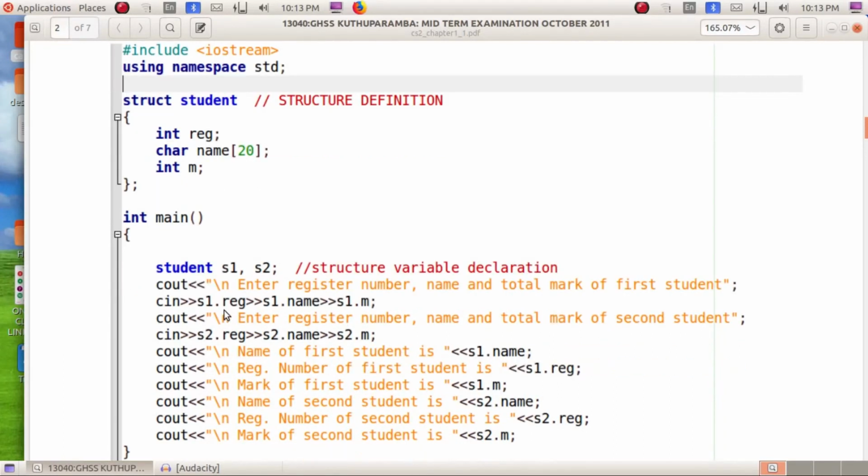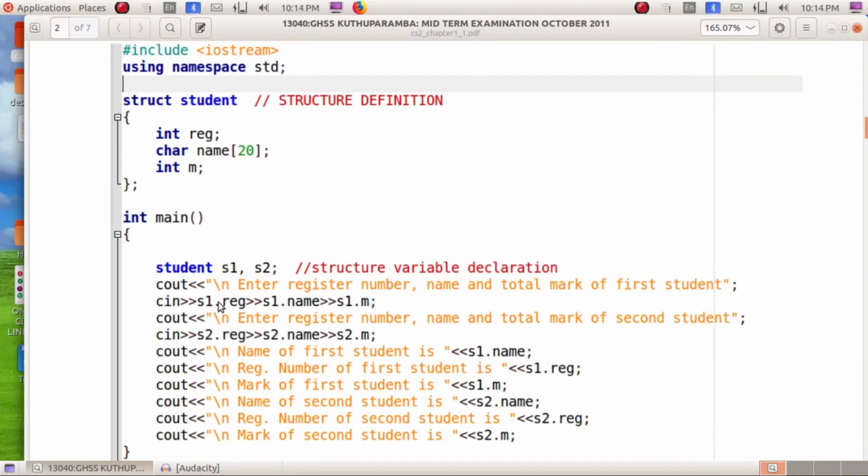Now what we are doing? We are displaying a content. cout, enter register number, name and total mark of first student. cin greater than s1 dot reg. Look at this, s1 dot reg, that means the register number of the student variable s1.